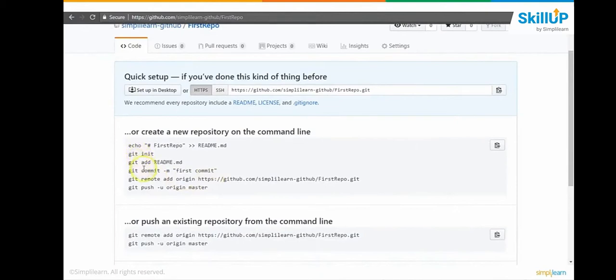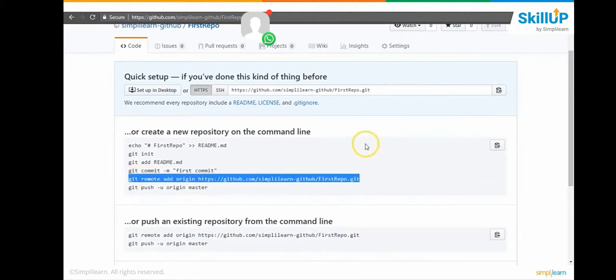So I've done all these things. I already have the repository set up. All that I need is a placeholder for me to connect my local repository with the server URL. So this would be the command that I need to copy, which essentially adds an origin with the URL of the Git server. I just copy this command